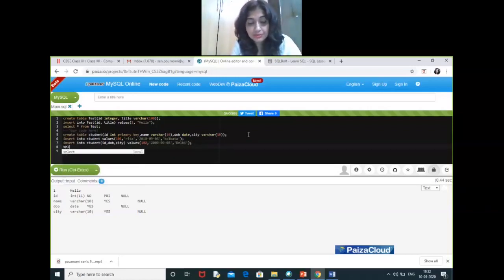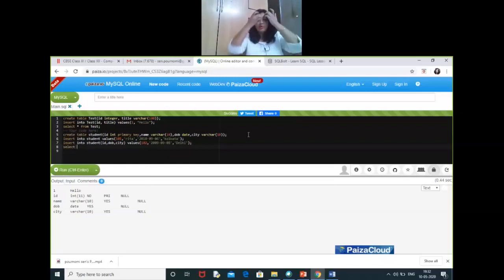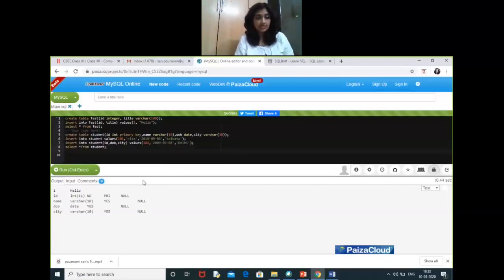Now let's print the table. For printing, what is to be done? Select is for displaying. Select star means that you are displaying all the columns, from followed by the table name. The table name is student. So this is how we'll be printing the values. Let's print.